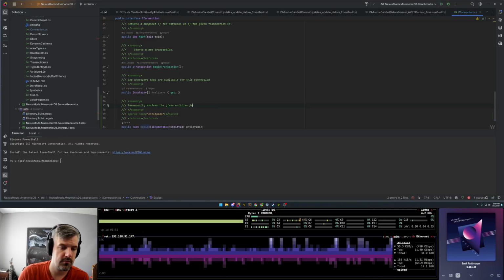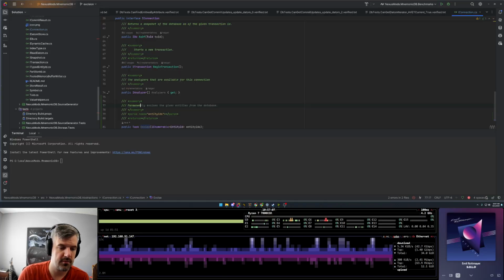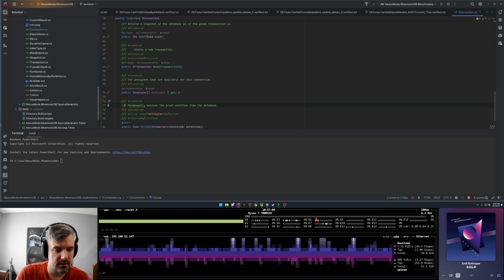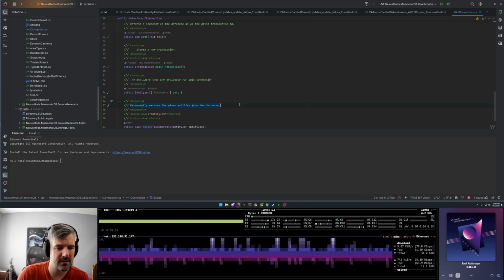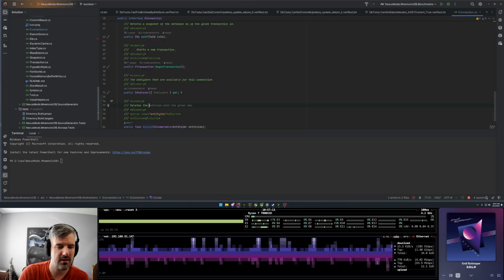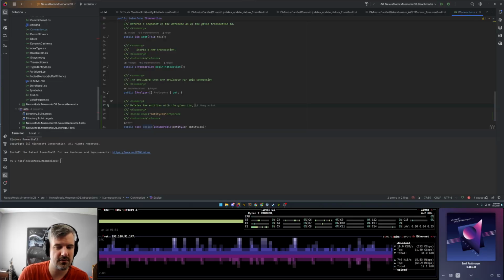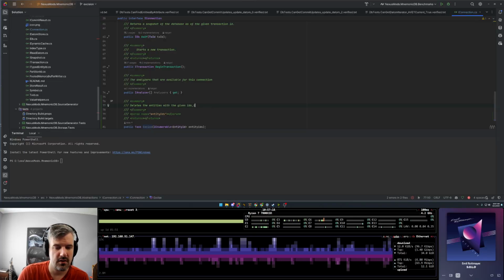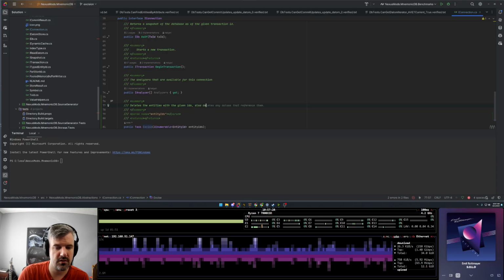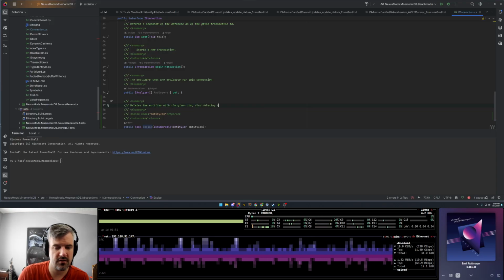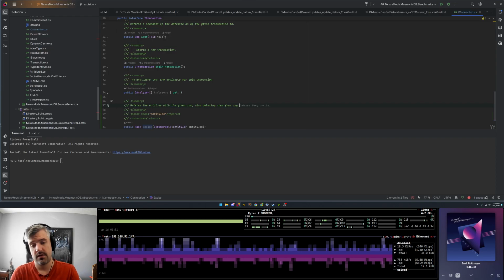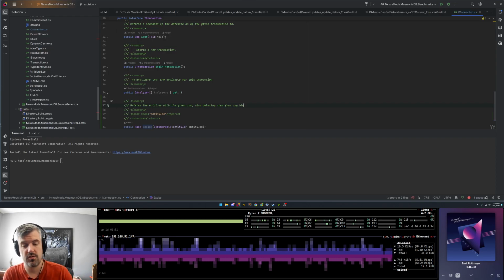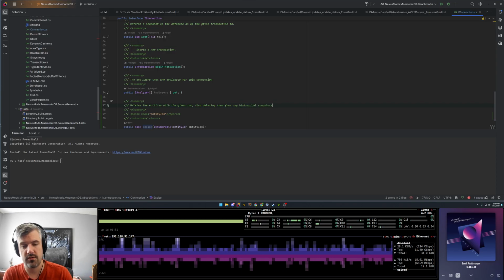I spell it wrong permanently. Not excises. It deletes the entities with the given IDs, also deleting them from any historical indexes.